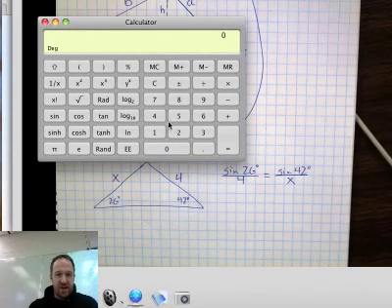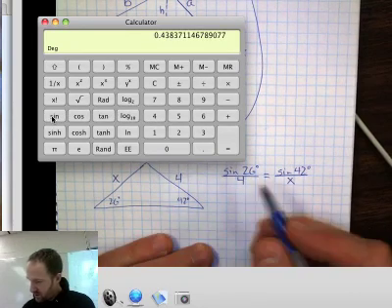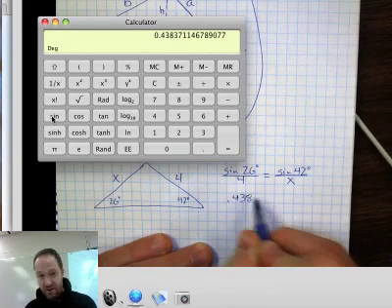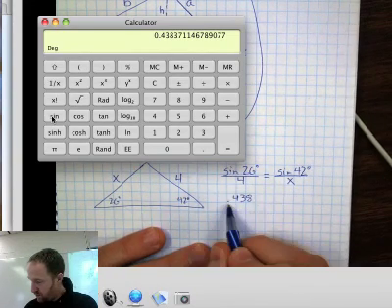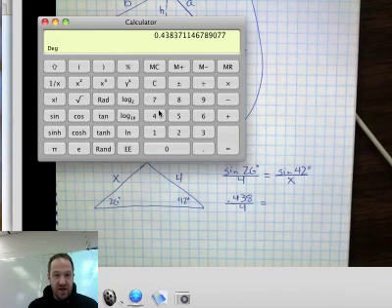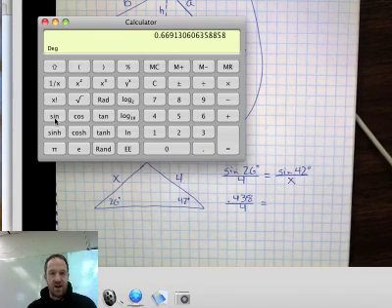So we need to know what the sine of 26 is. So in mine, I've got to hit 26 and then sine. It may be a little different in yours. So we got 0.438 over 4 equals. And then we need to know the sine of 42 also. So 42 sine